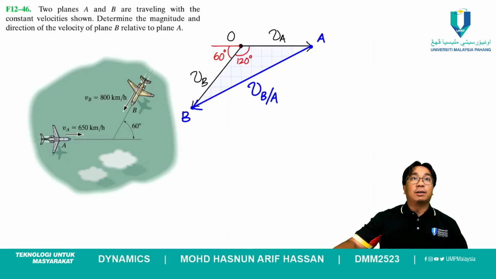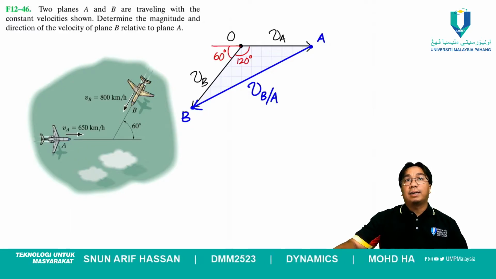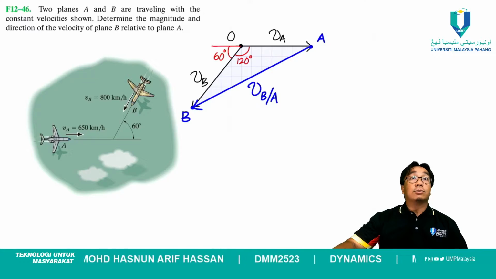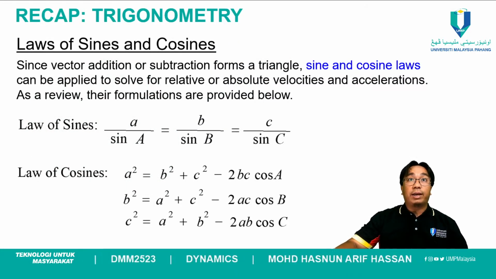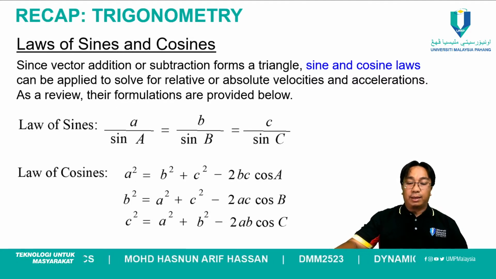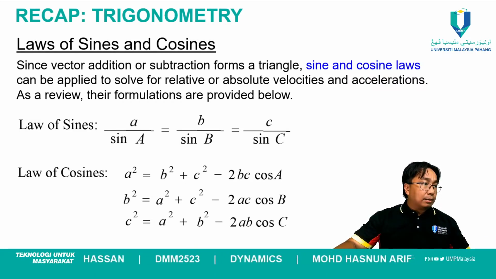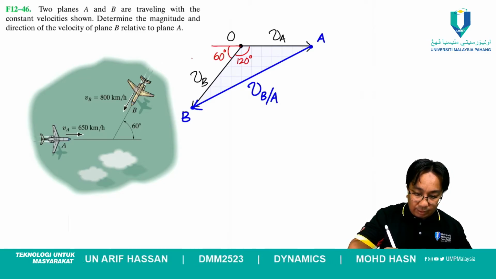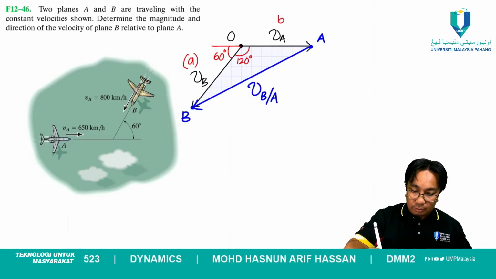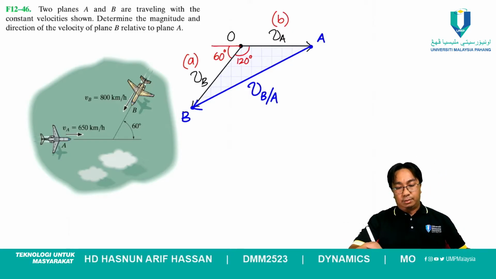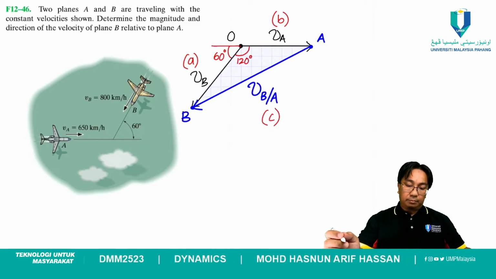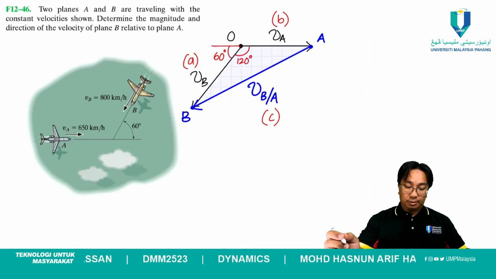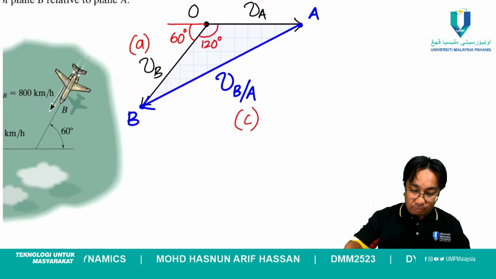Yes, sir. Using which law? Using law of cosines: A square is equal to B square plus C square minus 2BC cos A. Correct, using the law of cosines. So if I go back to the slide, for the law of cosines we need to identify A, B, and C. We can take this side as A, this is B, and this is C. C square is A square plus B square minus 2AB cos C. So VB/A from here using trigonometry,